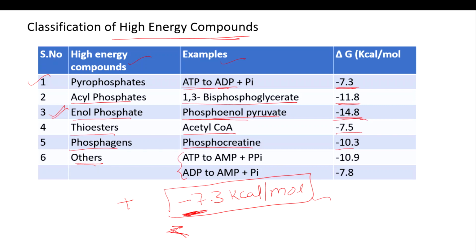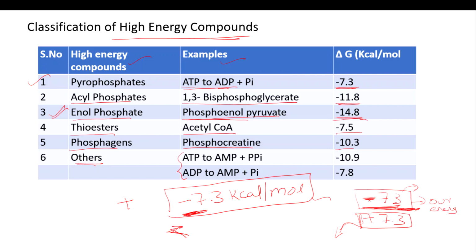And one more piece of information for all the students: don't get confused between minus 7.3 and plus 7.3, and which energy we prefer to utilize. So this minus 7.3 energy is our energy. This is what the cell requires. Plus 7.3 indicates that this energy will be utilized by the cell, while the other energy will be produced by the cell. So don't study that based upon the symbol. Minus 7.3 means we are losing the energy.